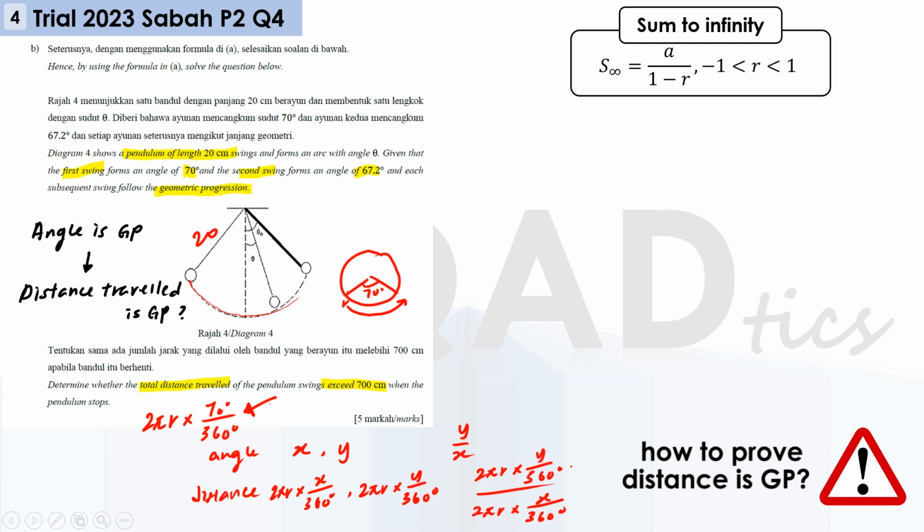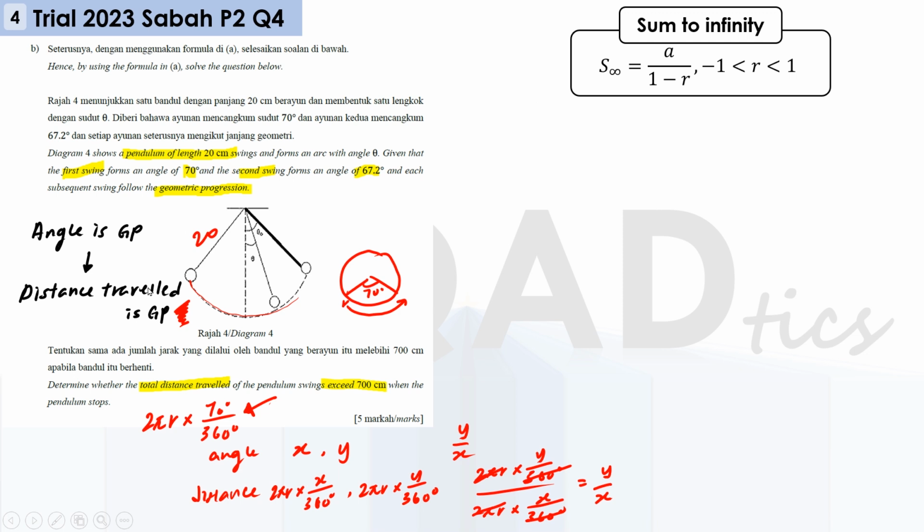And you'll notice some of the things you can cut off, for example, 2 pi r and 360 degrees. And at the end, you'll get y over x, same as the angles ratio. Okay, so this proves that distance traveled is a geometric progression, the same geometric progression. The reason is because both of the values multiply and divide the same value, which is 2 pi r and 360. That's why at the end the ratio will be the same as the angles ratio. Alright? So now we have proved that distance traveled is a GP,